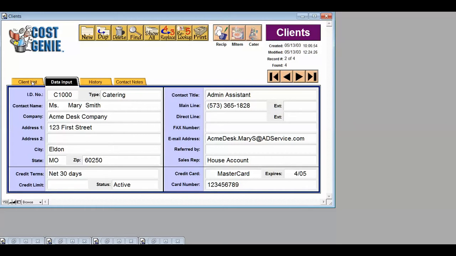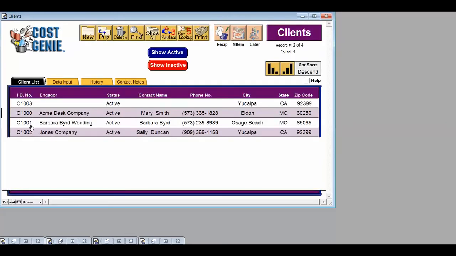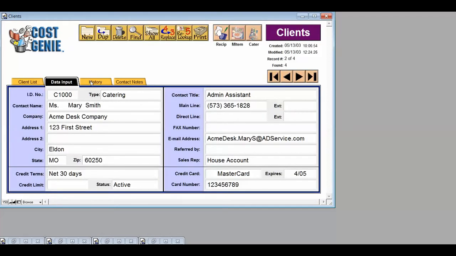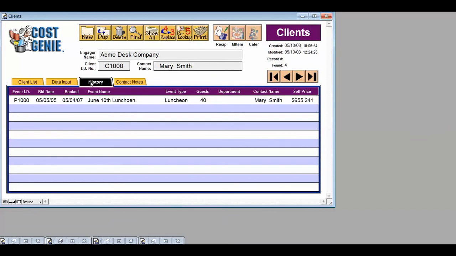You'll also start here. It has a client list, a list of your clients. We showed the data input. This is an interesting one. This is history. This is going to give you a history of every single one of these parties for this client. One unique feature is you can